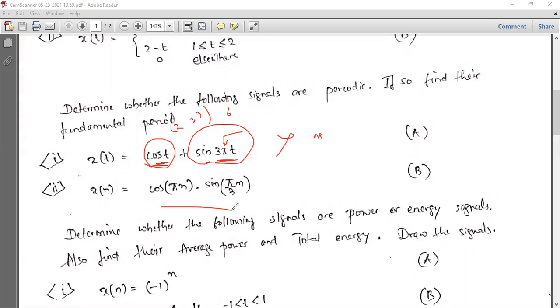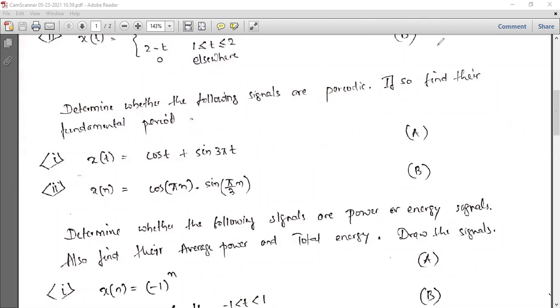Second one, by the way, was easy. There is a pi here. This is also periodic. Second one was periodic. You have to represent them as a sum of two sinusoids. You cannot straight away go with those cos A, sin A, cos B. You have to apply the sin A cos B formula and represent it as a sum of two sinusoids. Then only you find the individual periods. Then you take the LCM. We have done something similar, and it will also be periodic only. There was no trick there.